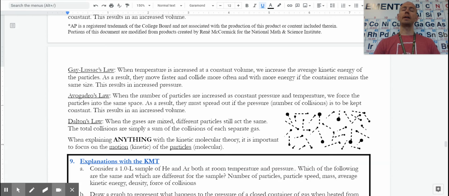And with Dalton's law, we already thought of this at the molecular level. It doesn't matter what particles we have, they still collide. When we are explaining things or asked to use the kinetic molecular theory, it's very important that we focus on the motion of the particles and we focus on the particles themselves. We're not talking about macroscopic things like pressure, volume, and temperature. We're talking about the microscopic things like a collision, like a particle's speed, and like the amount of space between those particles. So kinetic molecular theory is all about the motion